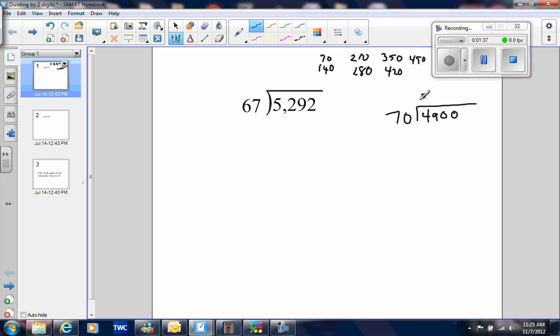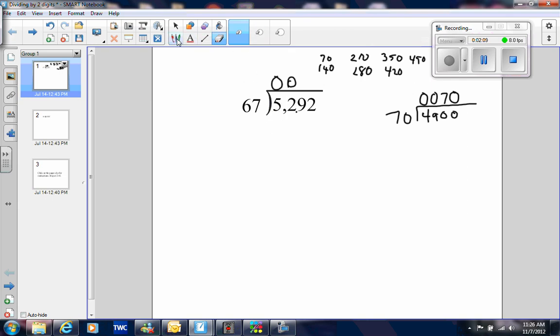Too big to go into 4. Too big to go into 490. 7, and then you have one more digit, so you would add a 0. So I should get an answer that's quite close to 70 when I get done. So as I look at 67, I look at into 5. It's way too large to go into 5, so I put a 0 there. 67 into 52, again, it's too large to go into 52. It's bigger than 52. And so